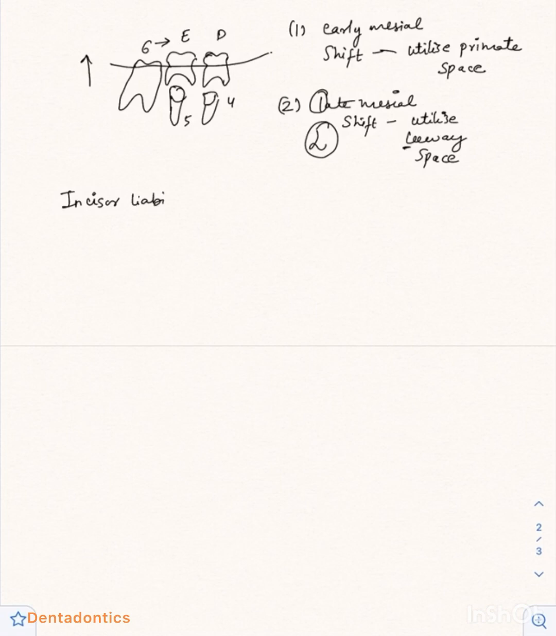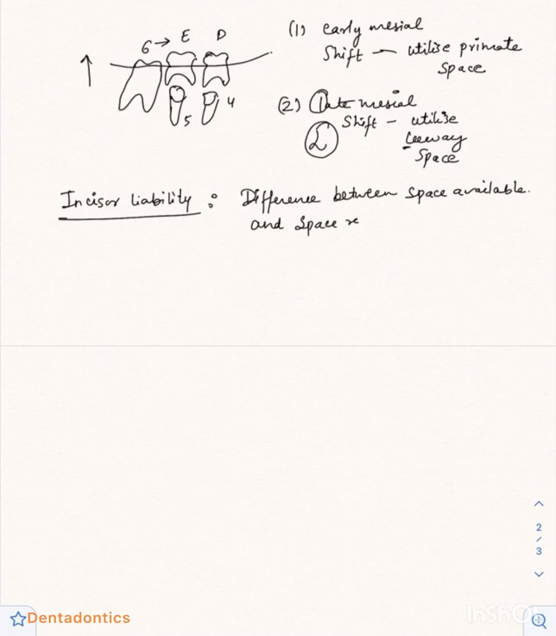Now coming to the incisor liability, as we know that primary tooth are smaller in size and permanent incisor are larger in size. Incisor liability is the difference between the space available and the space required. In the maxillary arch it is 7 mm and in case of mandibular arch, it is 5 mm. So incisor liability plays an important role. The permanent tooth, which are larger in size, they try to